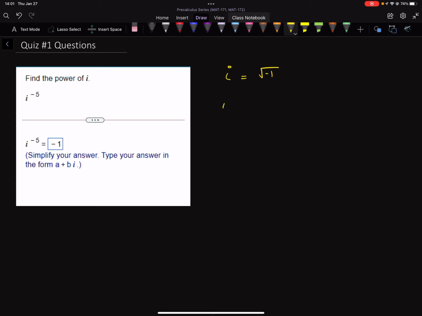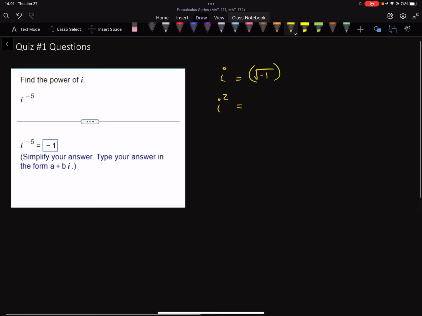Now, when you square this i, if I were to square this term here, the exponent and the radical would cancel, and I would just be left with -1. So let me erase all of that real quick. Again, if I squared i, or if I squared the square root of -1, I'm just going to be left with -1,